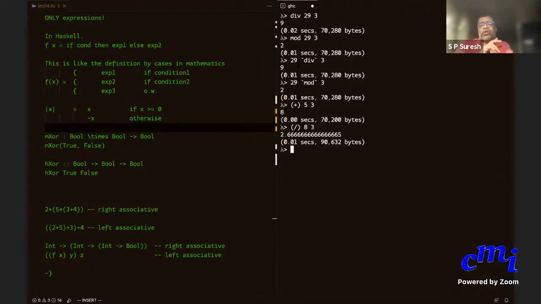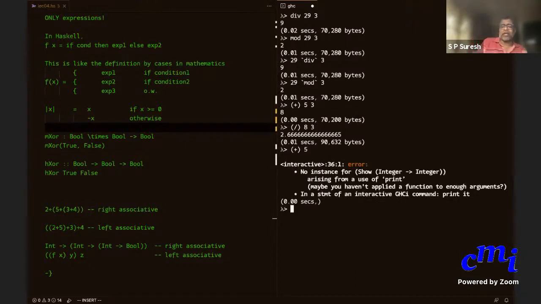Now, plus works on two numbers, and we already knew that plus can be applied partially. That will return a function. So if you just say plus applied to 5, of course it won't print anything. But you can do plus applied to 5 and then that applied to 3. You cannot print the function, but you can do other things.